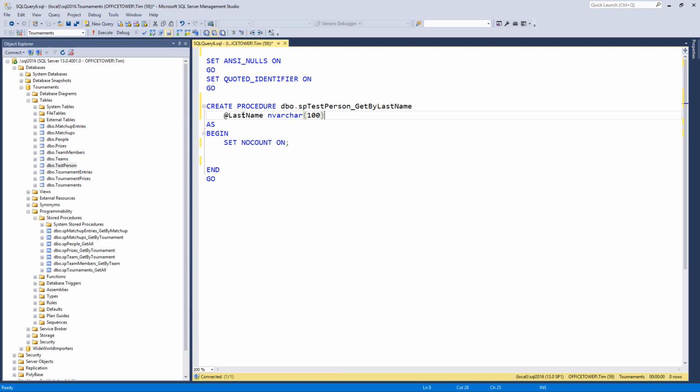So @LastName, space, and the type. If we had more than one, we'd put a comma here and say @FirstName or whatever. But in our case, we only have one parameter being passed in. And then down here inside our BEGIN, before our END, we will say SELECT * FROM